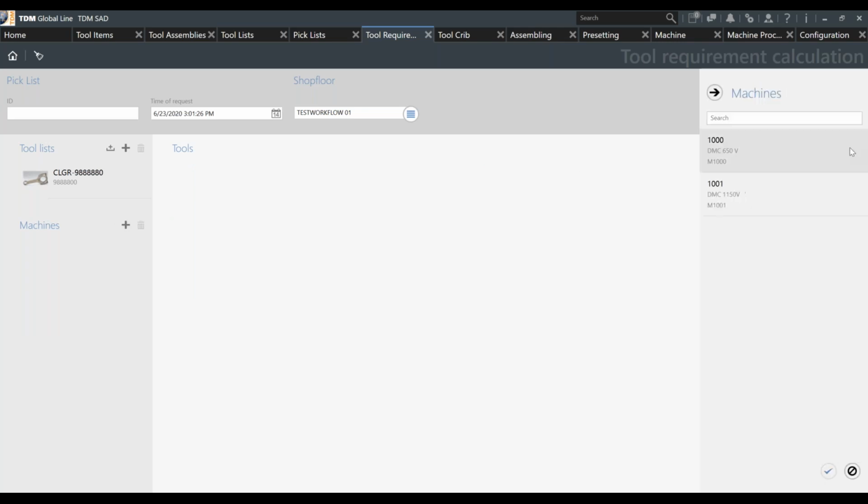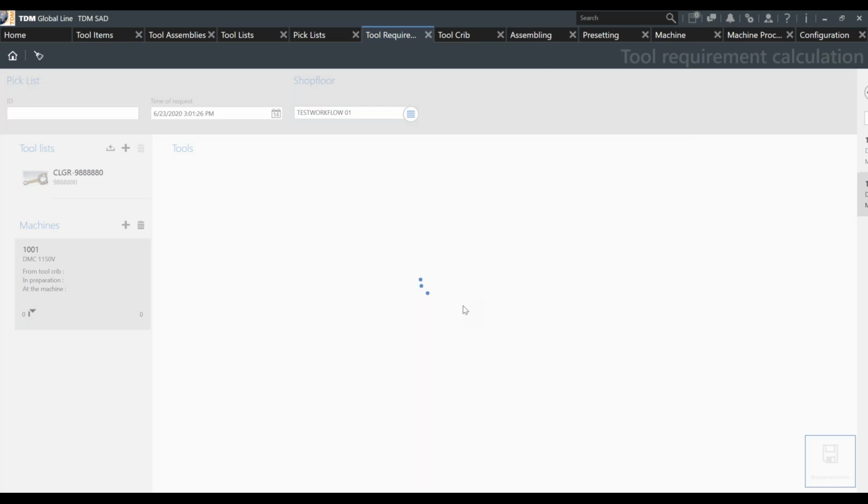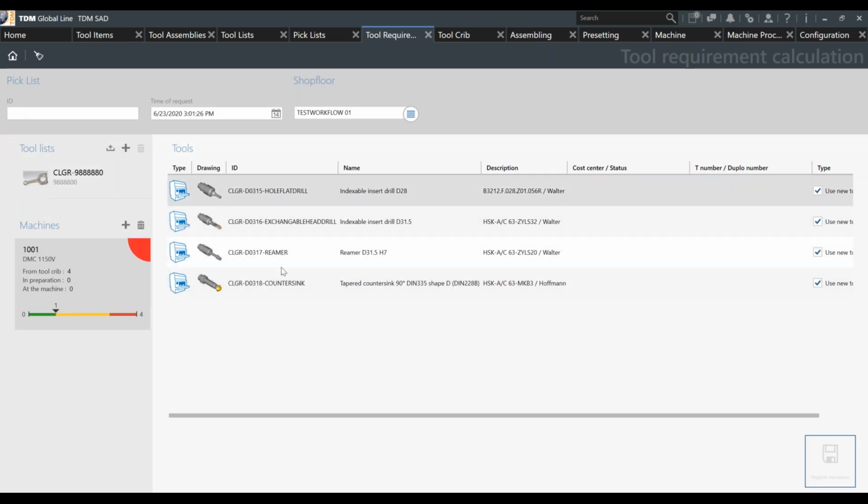Let's see what happens if I run it on the other machine. If I want to run it on the other machine, none of the tools is actually at the machine. I have to create all tools from scratch. But because this is a webinar and I want to show how the workflow works,